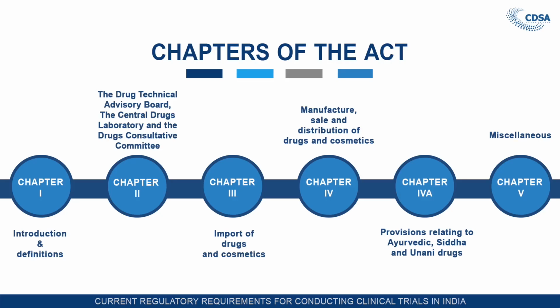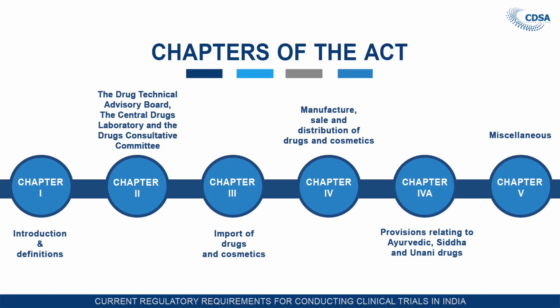The chapters available in the Drug and Cosmetic Act 1914. The first chapter is the introductory chapter. It is the introduction and the definitions. In this chapter, the short title, the extent and commencement of the Act are given. Different types of definitions that we have seen in our lecture 1, that is definition of Ayurvedic, Siddha and Unani, definition of drug section 3b, then definition of cosmetic, what is meant by board, that is DTAB, government analyst, what is meant by inspector, import, manufacturing, and some other definitions are given in this chapter first.